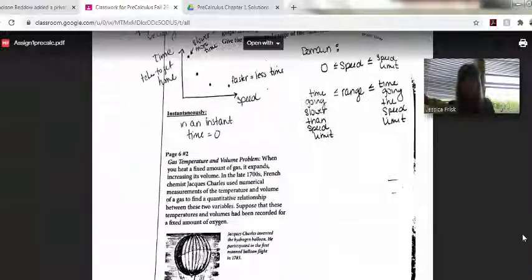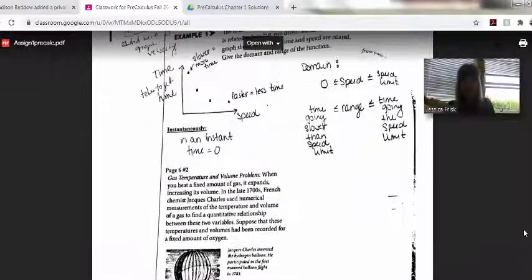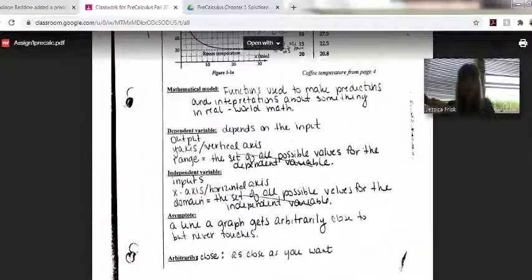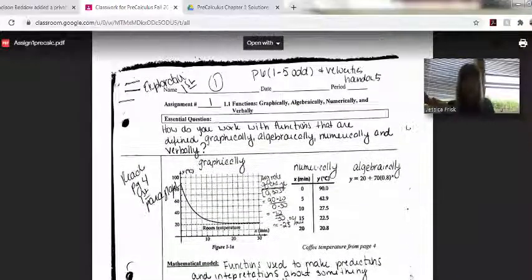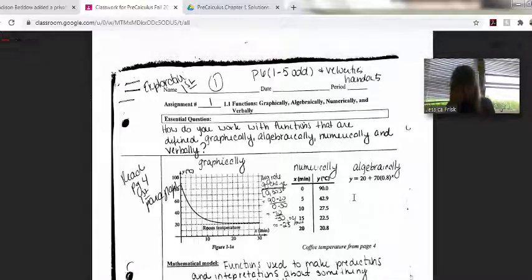This is what I should see. See how easy that is to read? A lot of times I get things from you and I can't see what the heck you've done. I get a bunch of different pictures that I need to open. The only way I'm grading this is if they are in Google Classroom as a single document, as this PDF file. All right, I hope that this helped, and I hope that you guys